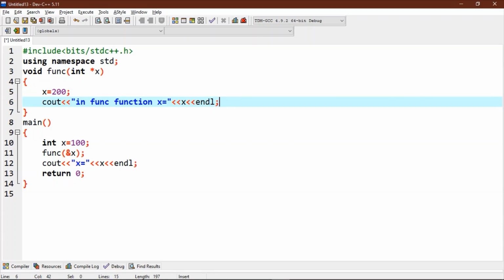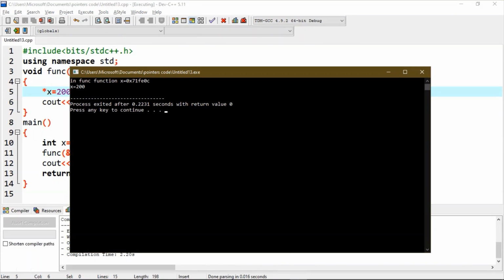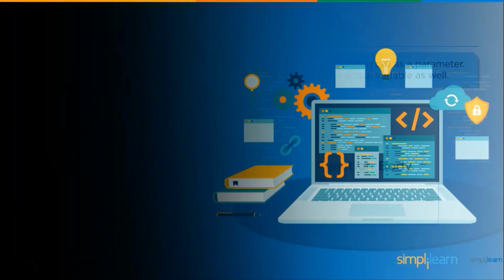Now let's try and execute this program. As you can see, this time variable x's value didn't revert to 100. That's because in call by reference we pass the actual variable's address to functions, so it will modify them as well. Let's get back to our slides.